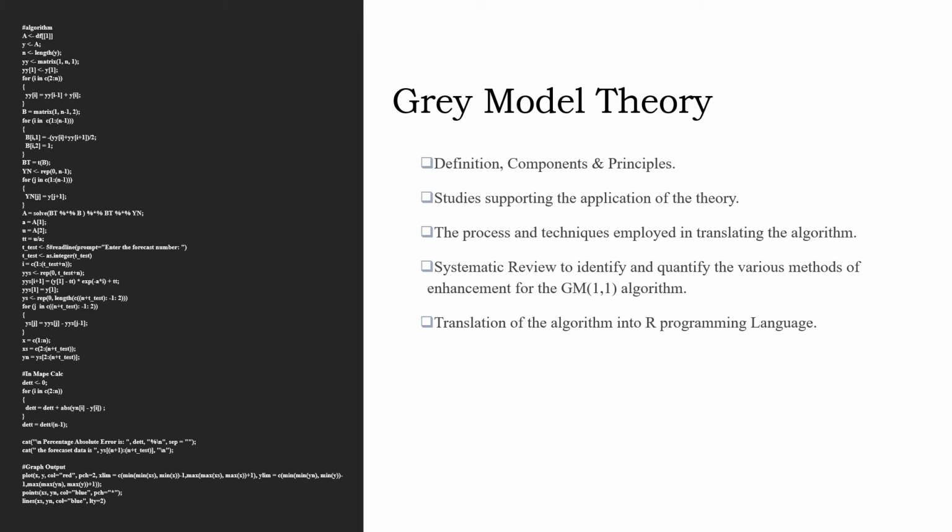Once the calculations were in place, as you can see on the left, the algorithm there. I mean, one of the reasons why the gray system theory forecasting models are quite popular is that it's a very simple calculation. Essentially, it's a very good model for cases where you just want to test and see. It's a quick, easy calculation. You can quickly test it and see whether it's applicable or not for any forecasting problem.